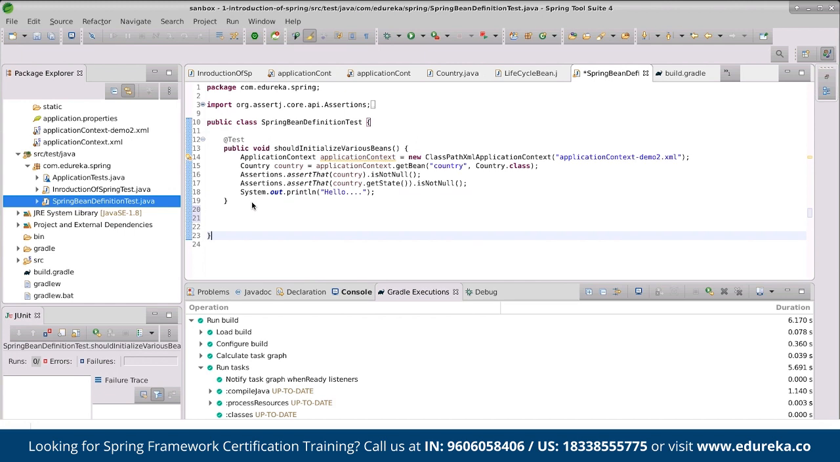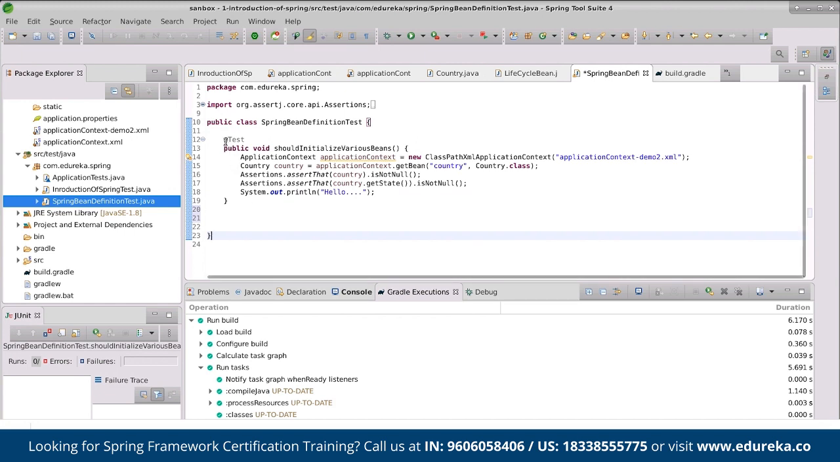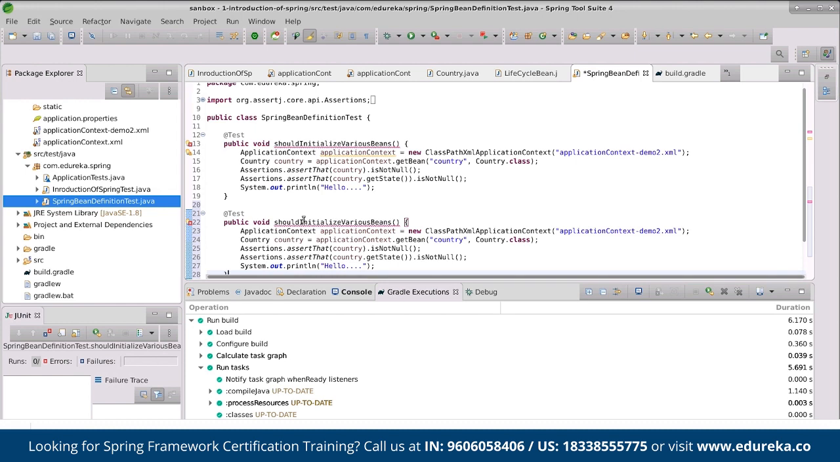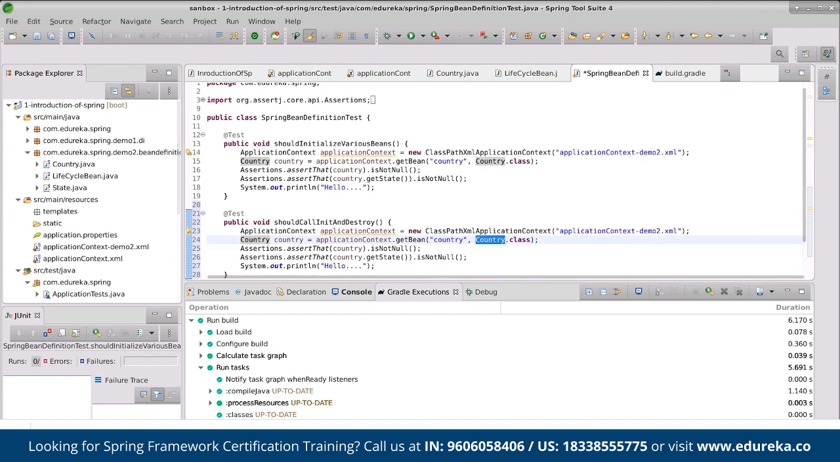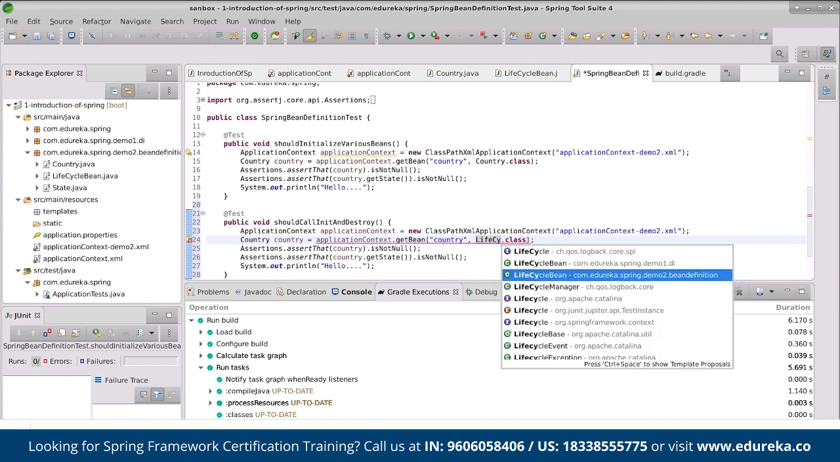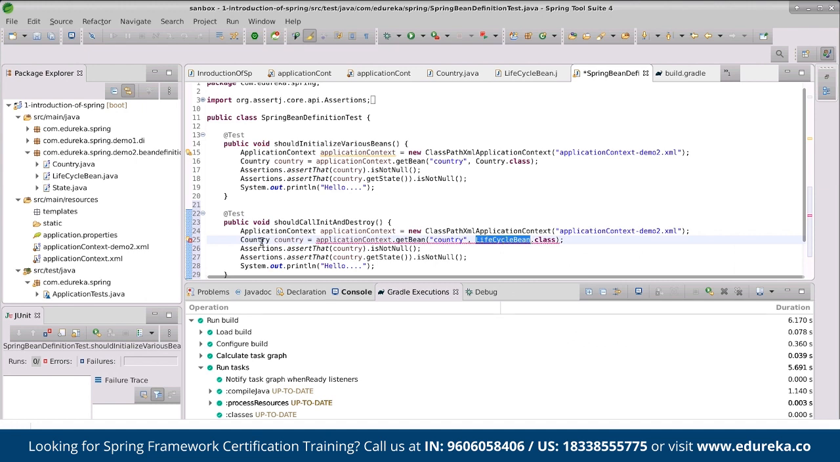Let's write a test to verify the bean init and destroy. What we can do is copy this test because most of the initialization is going to be similar. Should initialize, should call init and destroy. So demo2, and here the bean is going to change. The bean is going to be lifecycle bean, so I'll be calling lifecycle bean. Let's use demo2 because that is where we have made the changes, and lifecycle bean and lifecycle bean. I am hoping that I have given the same name there, and simply change this to L is not null,